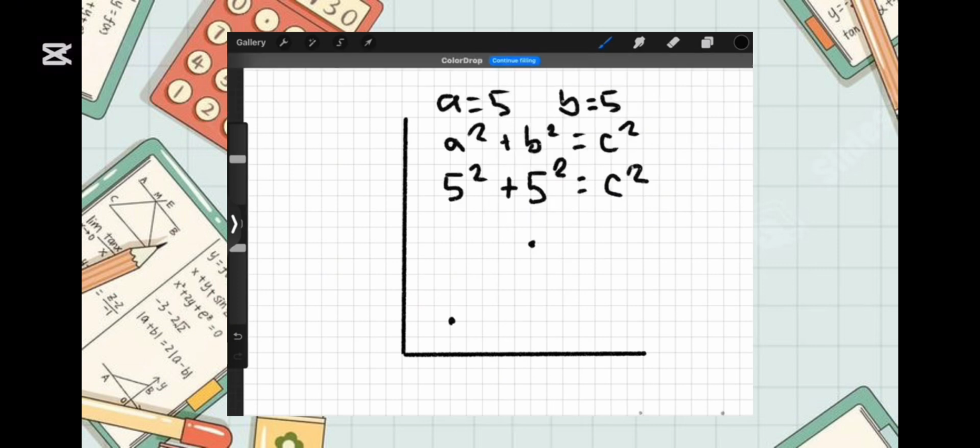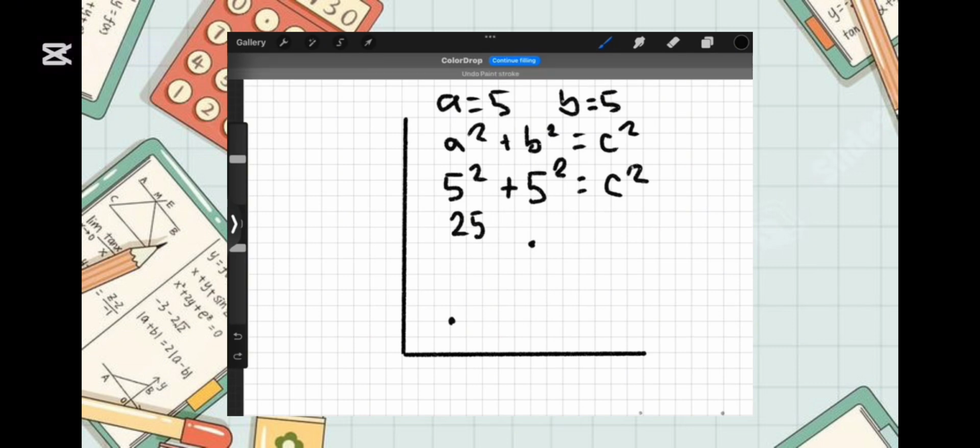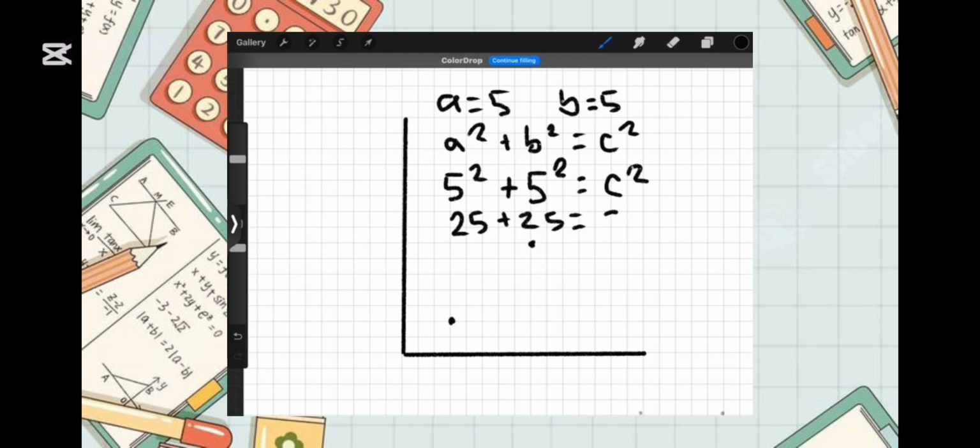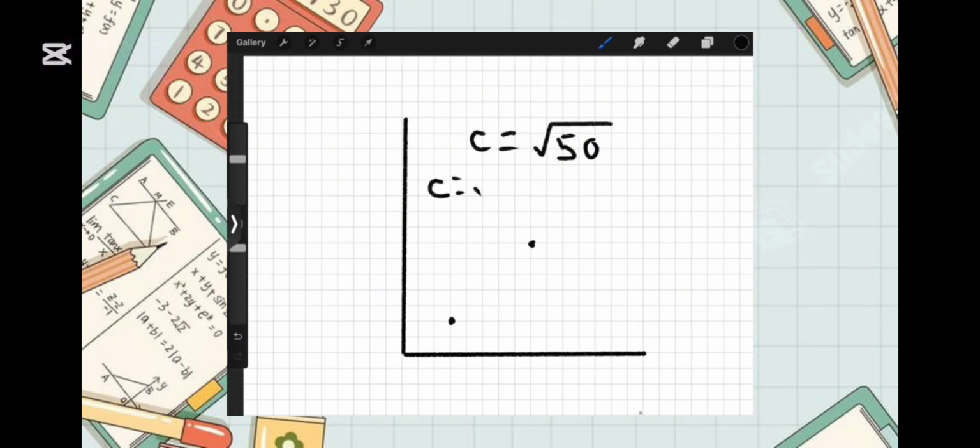So if you substitute them in, 5 squared plus 5 squared equals c squared, which is 25 plus 25, which is 50. So c would equal the square root of 50, and so we would factorize it to make it 25 because it's easier. So when you do the math, c would approximately be